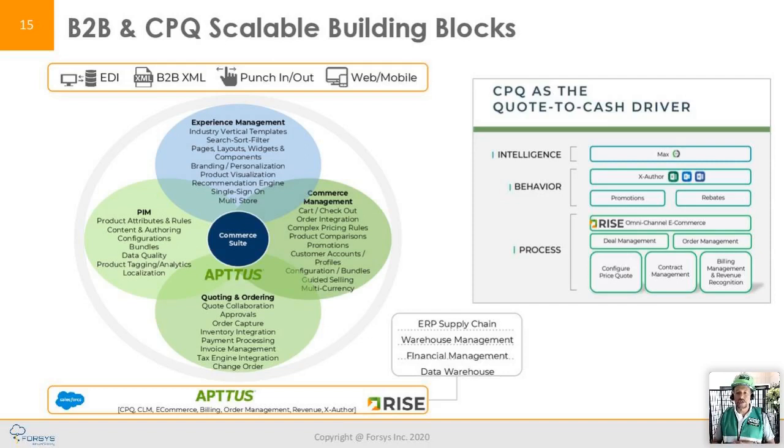All that is about integrating and having a foundational structure that allows you to do that. We have partnered with Apttus for strategic reasons. Apttus is built and runs on Salesforce for also strategic reasons, because it allows your business to scale incrementally in a cloud environment. The blue section of the chart is all about managing your client experience in a way that allows the B2B e-commerce experience to be omni-channel.